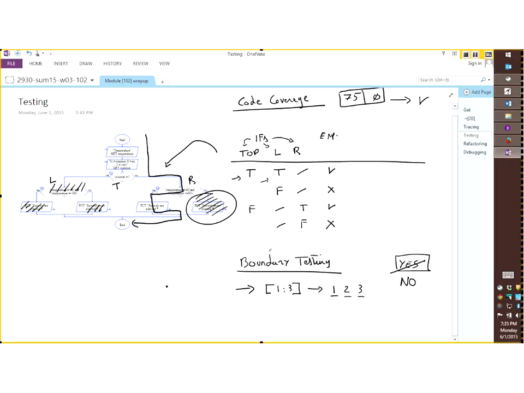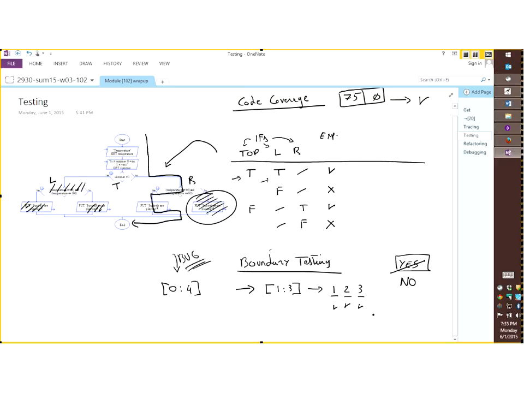But let's say that I implemented my program and I made a mistake, okay, and really what I did is something like my program accepts anything between 0 and 4. Here's the interesting bit. This version of the program here, the bugged version of the program, is going to pass the test with 1, pass the test with 2, pass the test with 3. So what are we missing?